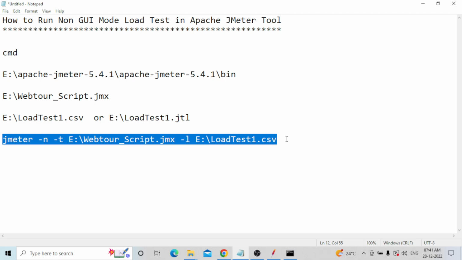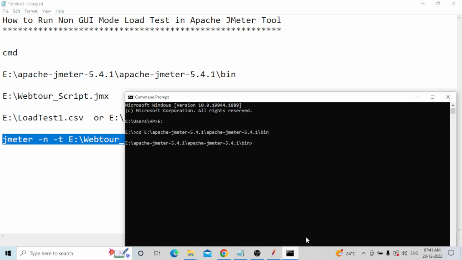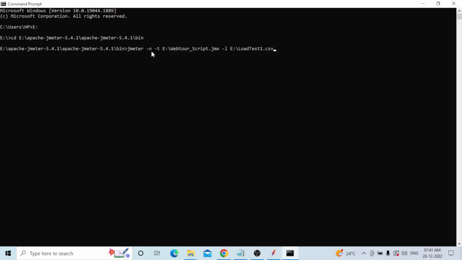Okay, now you copy, right. Okay, you can directly right click. Okay, you need to see now your E folder, means E directory, until the JMeter path bin folder, and after bin I will type jmeter